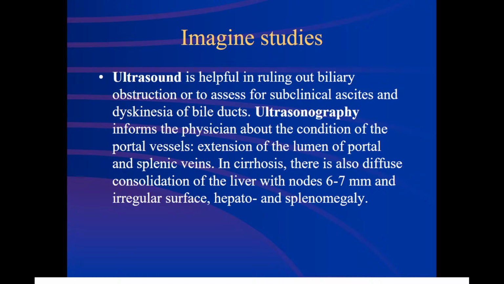And ultrasonography informs the physician about the condition of the portal vessels also: extension of the lumen of portal and splenic veins, which is typical for portal hypertension. In cirrhosis, there is also diffuse consolidation of the liver with nodules 6-7 mm and irregular surface, hepato- and splenomegaly. So ultrasonography shows more obvious changes in case of bile obstruction, liver cirrhosis and portal hypertension, and